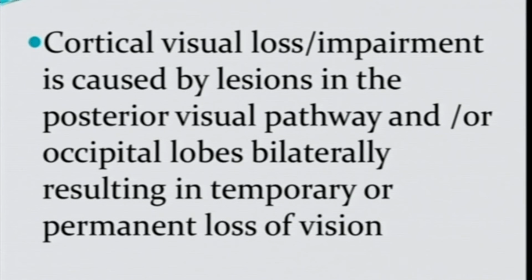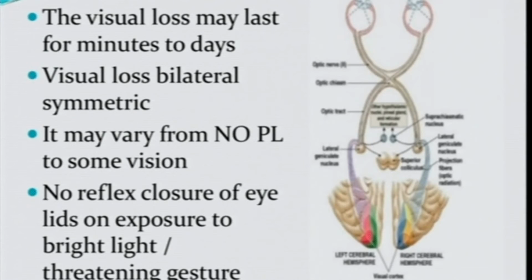It is caused by a lesion of both sides of the optic radiation or both sides of the visual cortex. It may result in a temporary loss, depending upon the insult, or it may result in permanent visual loss. The visual loss may last from minutes to days according to etiology, and it should always be bilateral and symmetric. The visual loss may vary from no light perception to some vision in both eyes. The patient would not respond when you show a threatening strong light, would not show a reflex blinking of